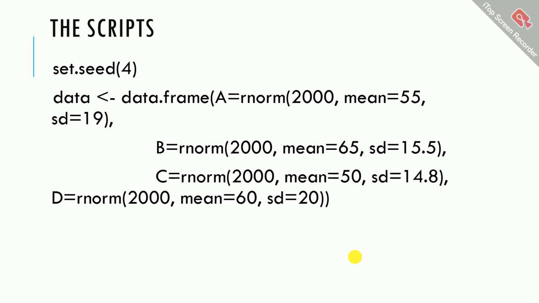And similarly we also may have C and D. So there are A, B, C, D normally distributed random numbers. And if we write head within parentheses data, then it will show us the first 6 observations of these 4